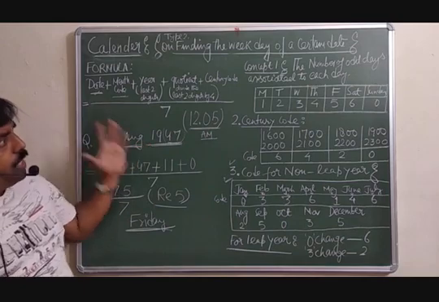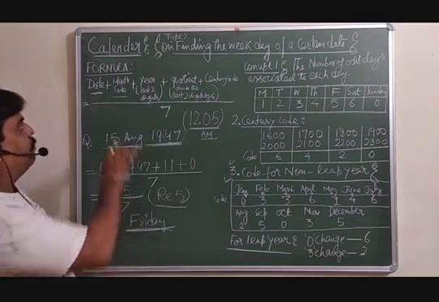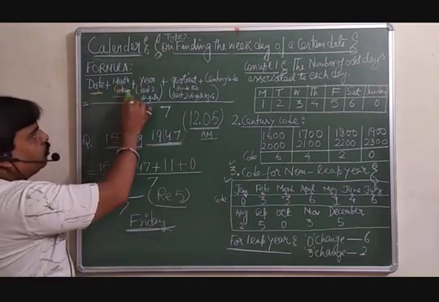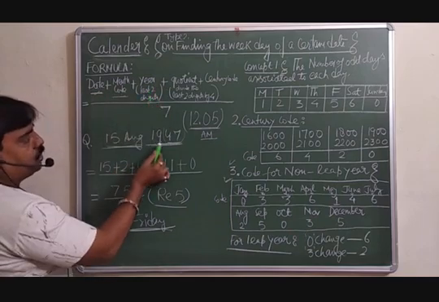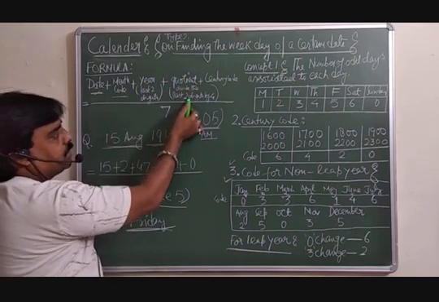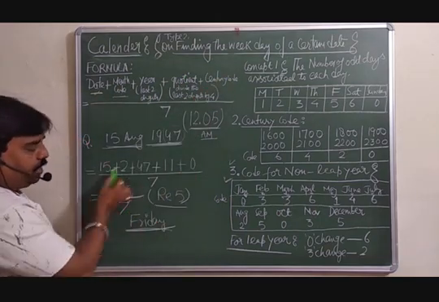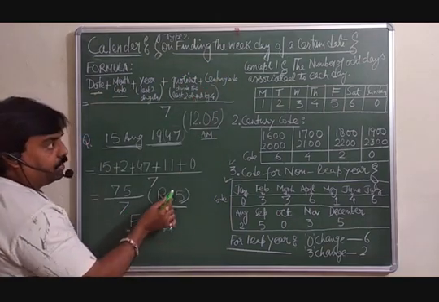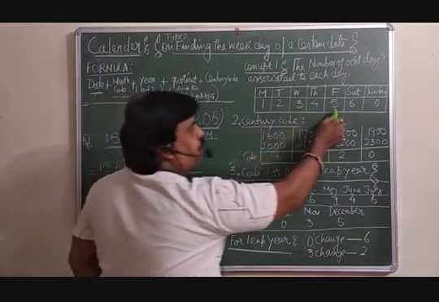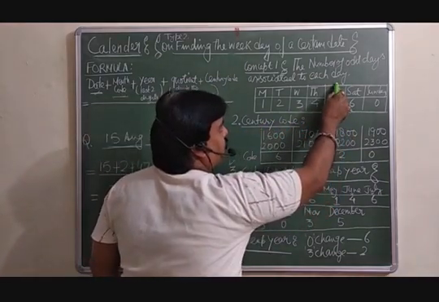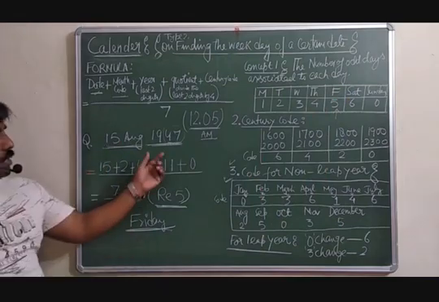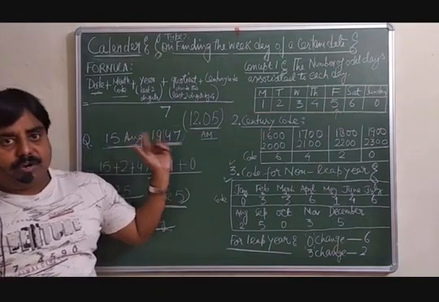So if you want to calculate the days, simply remember: date plus month code plus year last two digits, plus the last two digits divided by 4 quotient, then century code, divide by 7, and whatever remainder comes you must write down. And remainder को देखिए just where is coming like 5 is here, so that 5 is for Friday. So it means on the 15th August 1947 को that was Friday. Have a look.